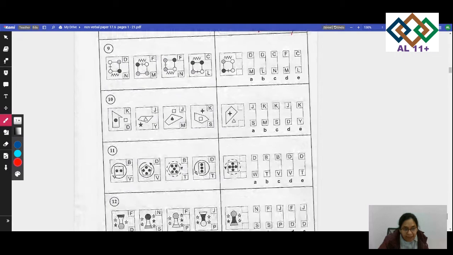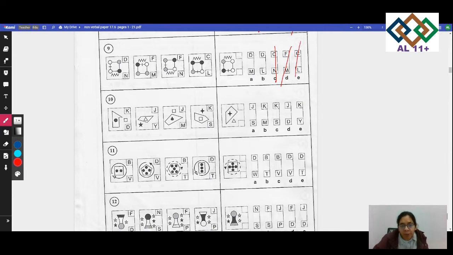What's happening in number 9? In number 9, you have to look at the shapes again and see what's happening with them. One thing I need to make sure of is four lines like this. You have four different sides and two circles in that which are not shaded. All the shapes have something or the other. In this one, two circles are not shaded and two of the sides are shaded, same like this one. So I know that the first letter of this shape is a D. So I'll cancel all the other ones.